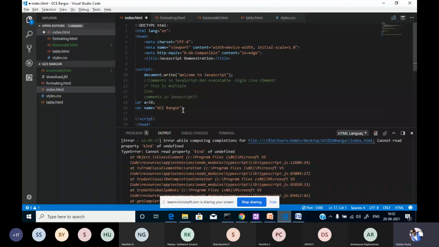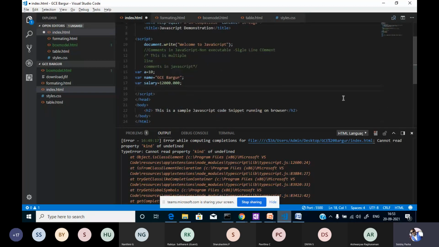Similarly, whenever I want to assign some other values, some float values, like salary, I'll assign some values over here. Now I'm just going to print all these things.